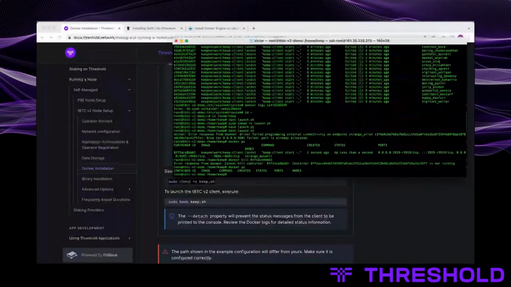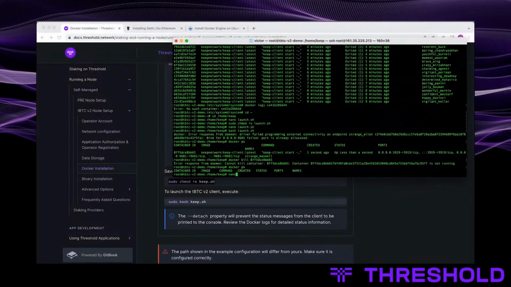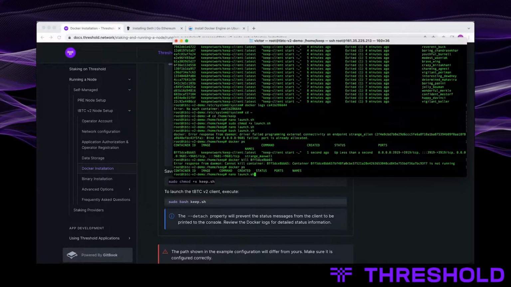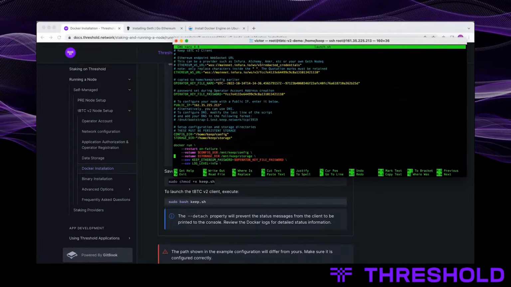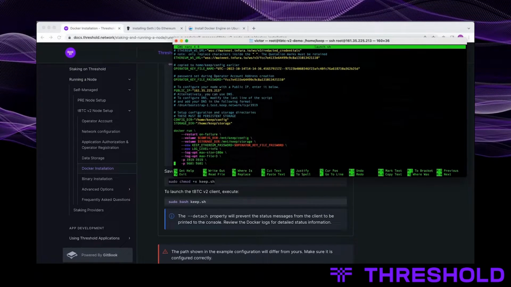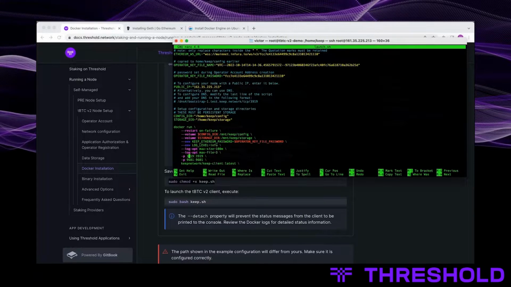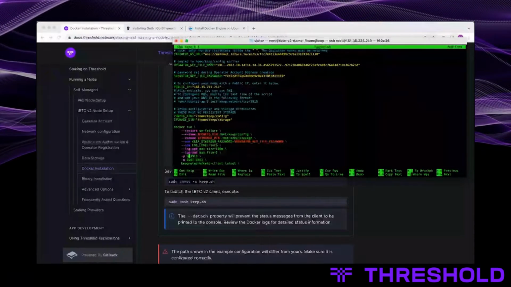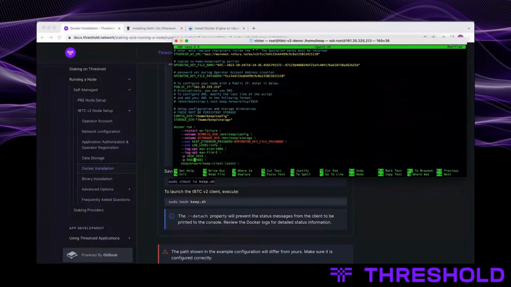That's interesting. So it won't let me start the container again because the port is already in use. So I'm going to remap the port real quick. Won't really matter.